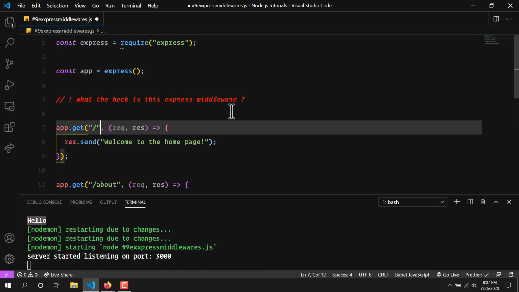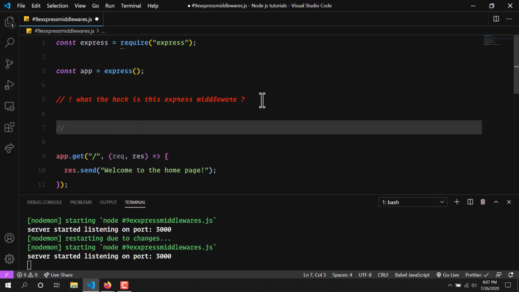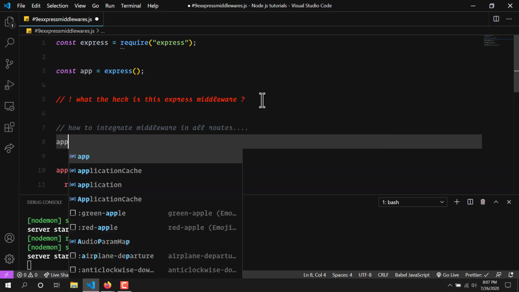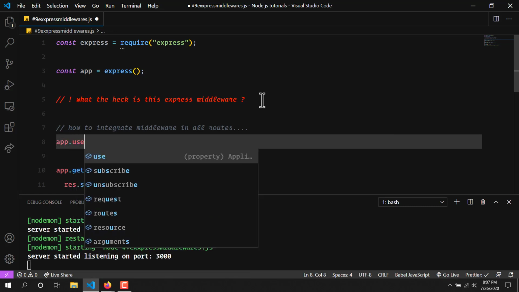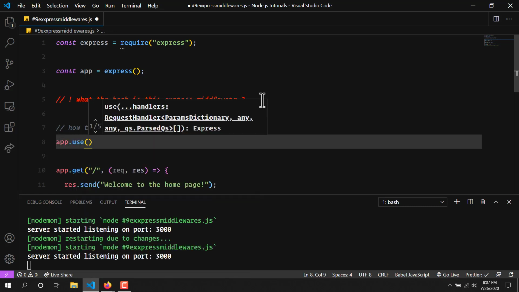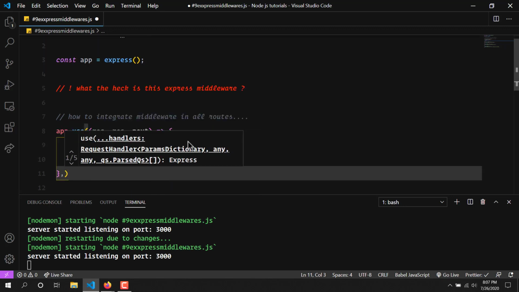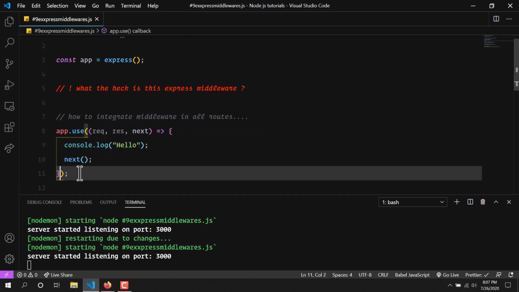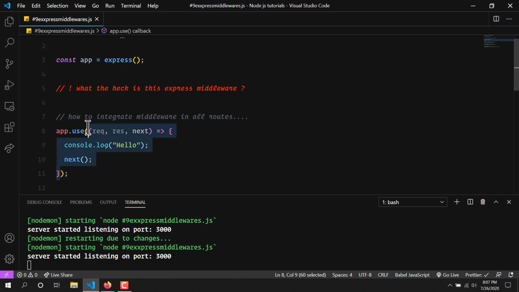So what you can do is, let me write here a comment: how to integrate middleware in all routes. There is a very little trick: you can use the app.use function, which allows you to put your middlewares here. As you can see we put our middleware here.